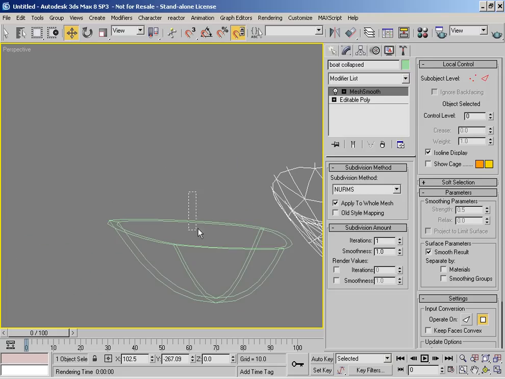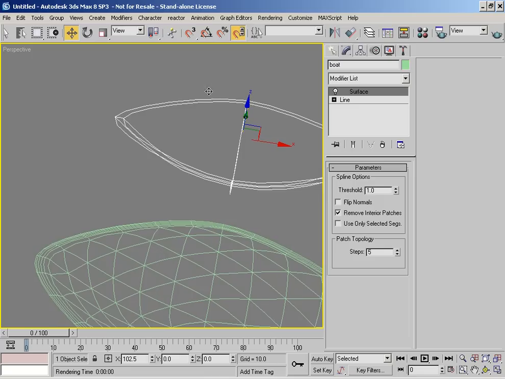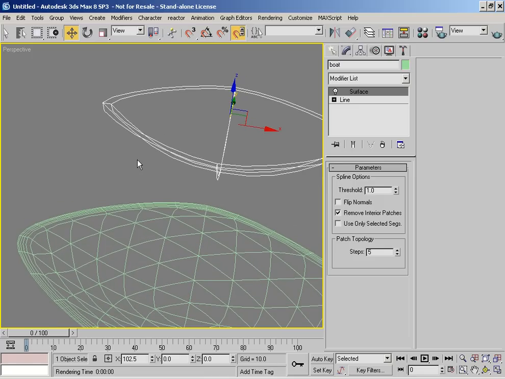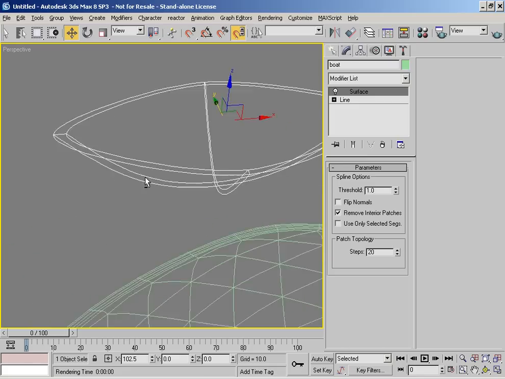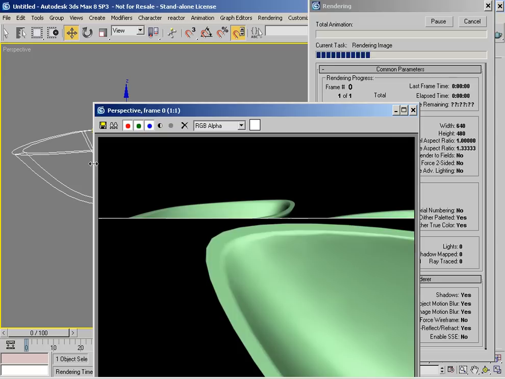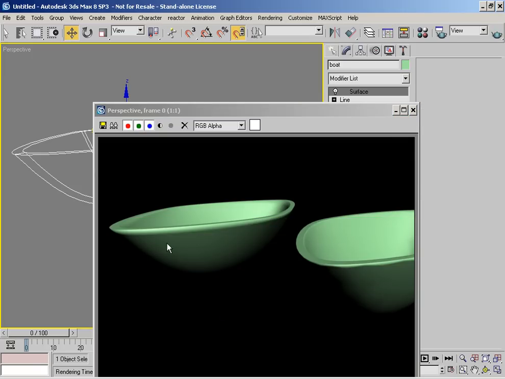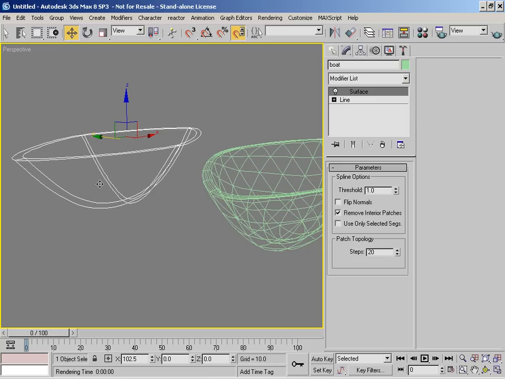Obviously it's not apparent in this spline cage version. However, if we don't need to mesh smooth, then we don't need to really worry too much about it, because we can literally just go through and crank up the amount of steps and then render it out, and we get a pretty nice clean result, and we don't need to worry about mesh smoothing at all. However, again, if you're modeling out an object from scratch and you can get away with using quads, get away with quads. What you may want to do is take the amount of steps down to a low value, maybe even down to 2,